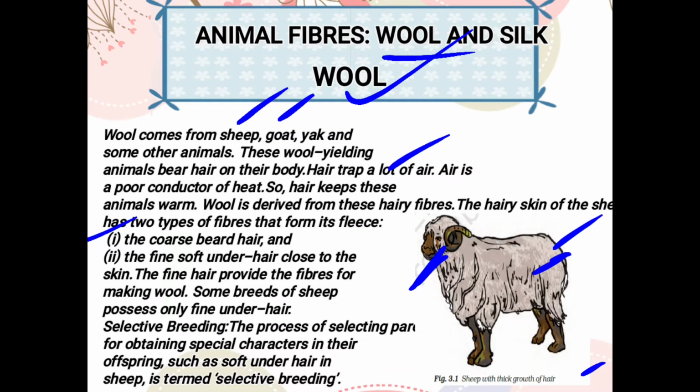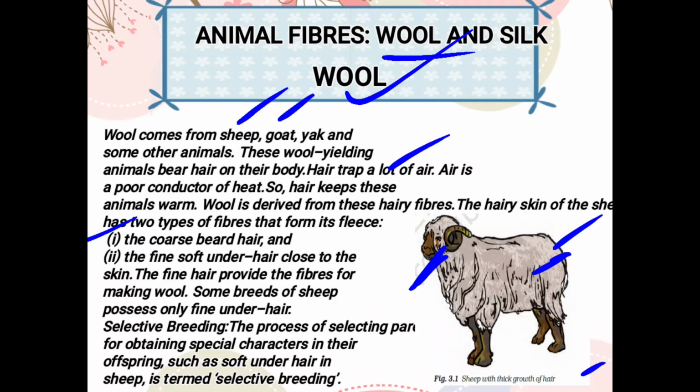In this process, they are selecting parents which are of good breed, meaning those parents which have fine hair on their body. If they select those parents, then the generation that comes in the future, their offspring will also have fine hair on their body. Because the demand for fine hair in the market is so high, the people are doing this process that is called selective breeding.